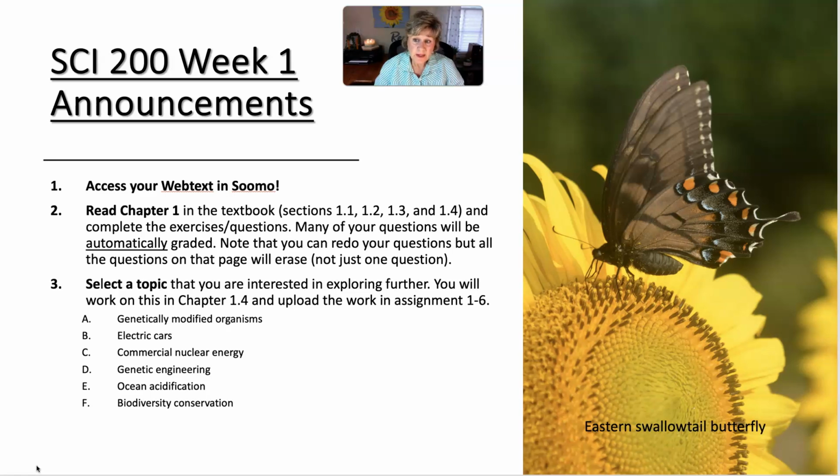Genetically modified organisms. These are organisms that have had their genes changed in some way. These are absolutely slight changes. These are not Franken foods like some people make them out to be, because that would make no sense. The biotech companies want to change the genes as little as possible. That's less research that they have to do, and they only want to change the genes in organisms that will benefit the